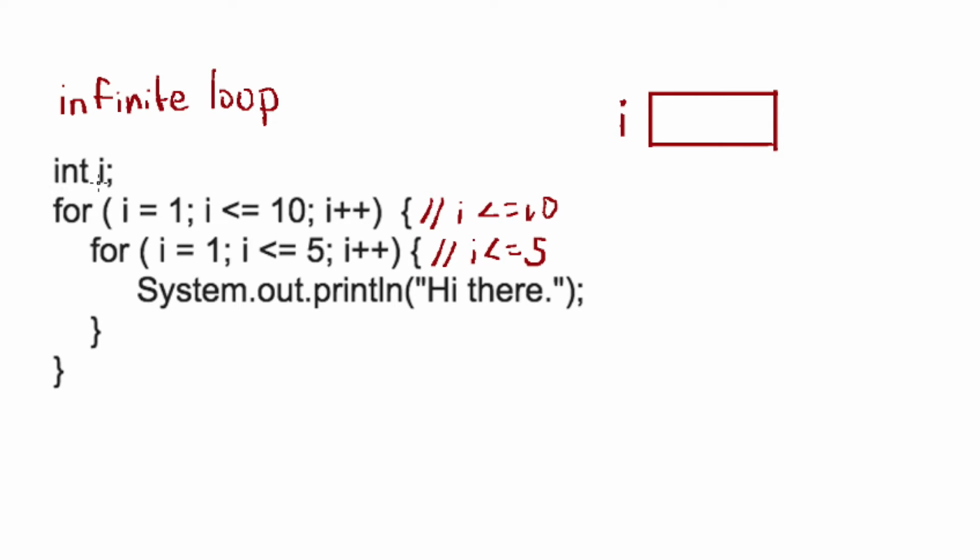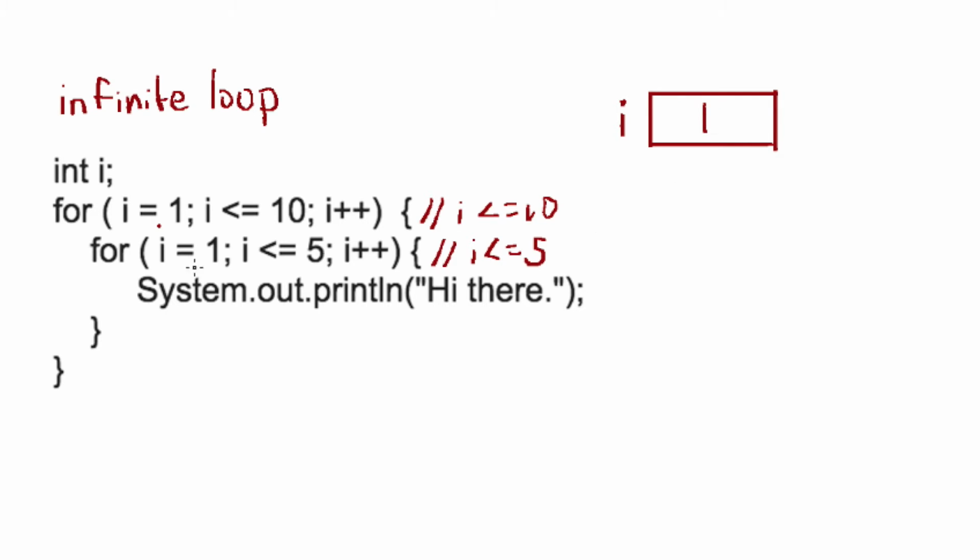So we have int i, and it's not initialized, so right now i is just like nothing. And then once we enter the for loop, we have for i equal to 1, so we initialize i as 1. Initialization only happens once in the for loop. And i is in fact less than or equal to 10, so we can actually go into the for loop. So inside the for loop, we see that there's another initialization for i. We're going to set i equal to 1 again,